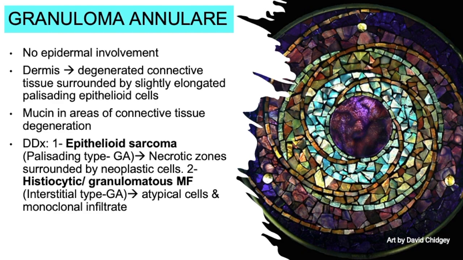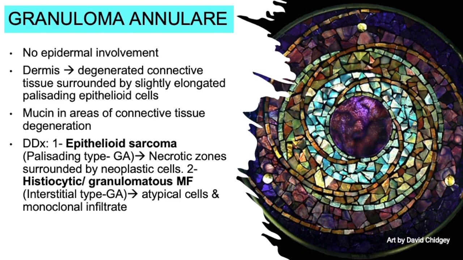The other important differential diagnosis for those is the histiocytic granulomatous mycosis fungoides, and it looks similar to the interstitial type of GA, but usually MF has a typical T cell and usually has this monoclonal infiltrate, which you will